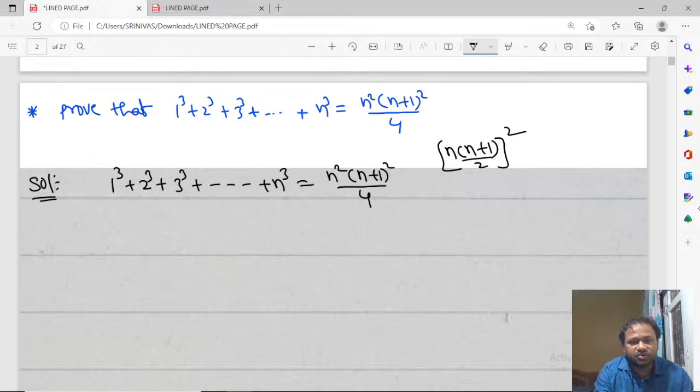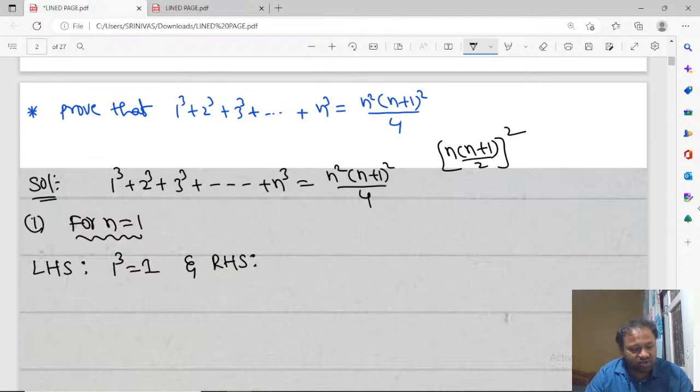Next, substitute in this. First condition is for n is equal to 1. For n is equal to 1, LHS. What will be LHS? LHS is 1 cube. 1 cube value will be 1. And RHS. What is RHS? RHS value will be 1 square into (1 plus 1) whole square divided by 4. So that is equal